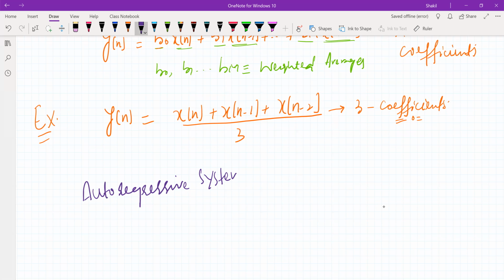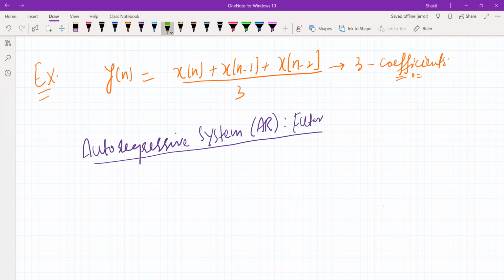Auto-regressive system, or AR system, or AR filter. I told you the nomenclature is like this: a discrete time system is also called a filter. So we call it an auto-regressive filter or auto-regressive system. And this is the system in which the output depends upon